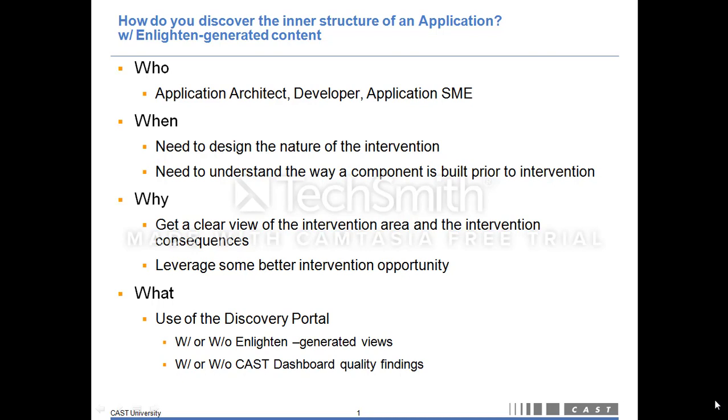actual change. And I'd like to get a clear view of the intervention area and the intervention consequences, and eventually leverage some opportunity to plan or design a better intervention based on the application structure. I will still use the discovery portal, and in this case I will use some Enlighten generated graphical views to help me do so. Without further ado, let's switch to the discovery portal, where I will connect as a key